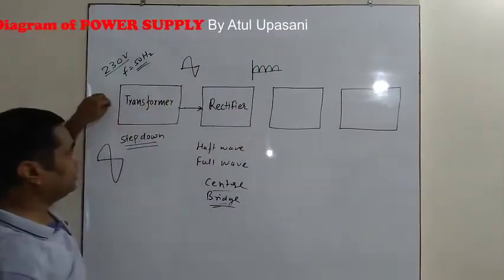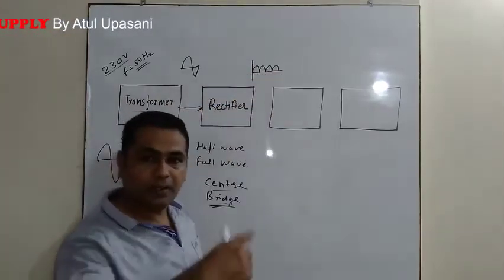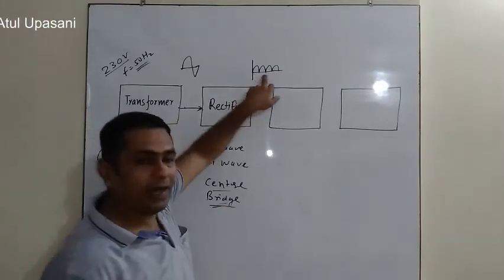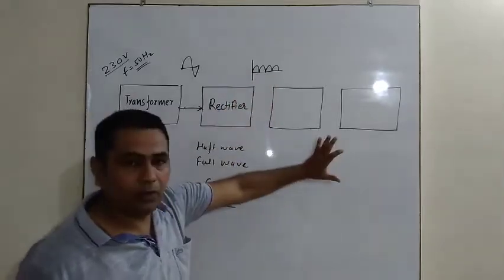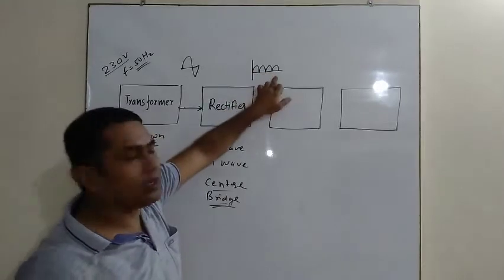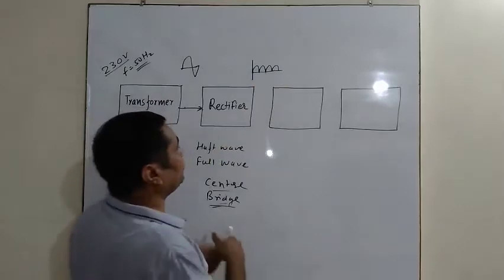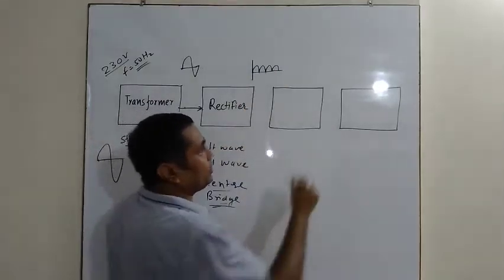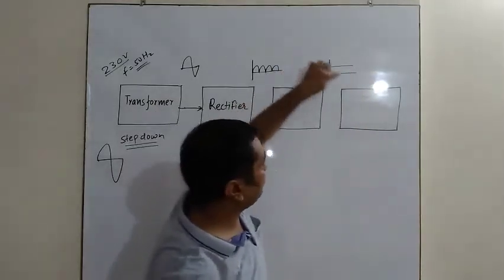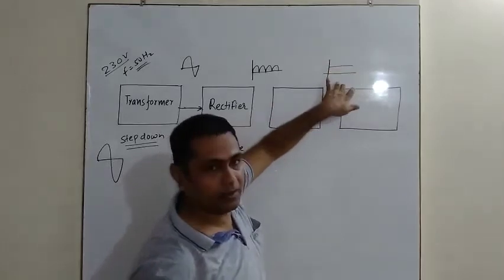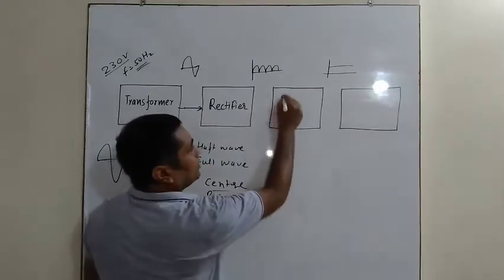But this current is fluctuating, so it is also called pulsating DC. This current has both an AC component as well as a DC component. We need only the DC component. So this unwanted AC component is called ripple. This ripple should be removed. For this we have to convert it into straight DC. That means we need a voltage like this, which is constant DC. DC has constant magnitude and will not have any fluctuation at the output. So ripple should be removed. For this we have to use filter circuits.